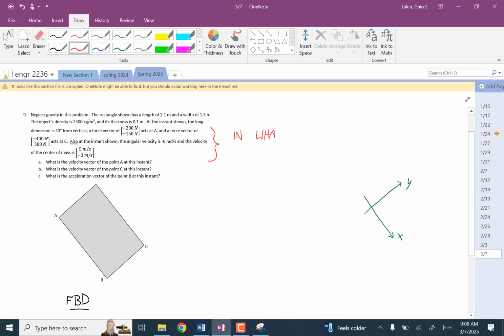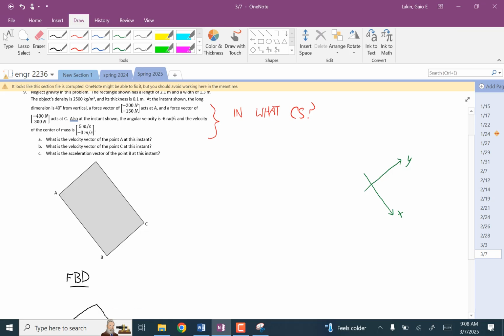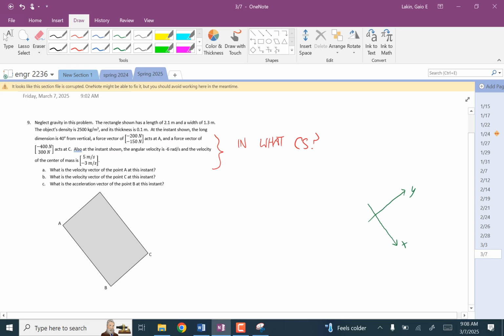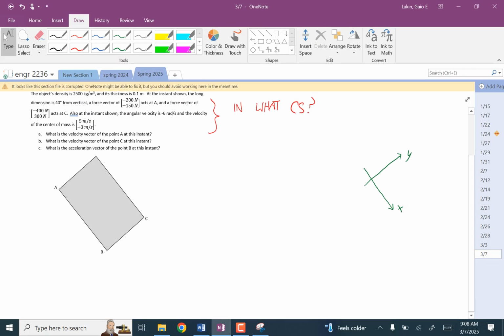And if it doesn't give a coordinate system, it's probably always best to assume that it's implied to be a horizontal-vertical coordinate system. So I apologize for saying you didn't need a rotation matrix. But I think that includes the 40 degrees from... Yeah, right. Okay, so yes, I agree that you are correct about all that. So in this coordinate system,